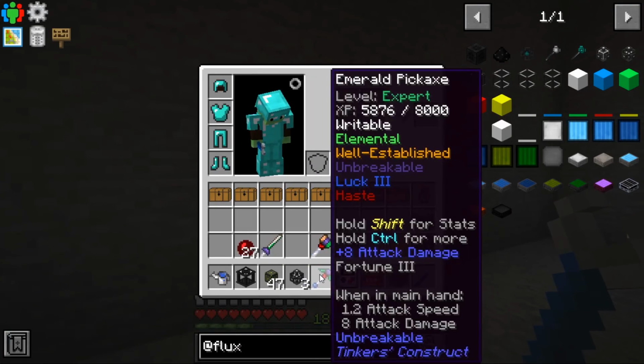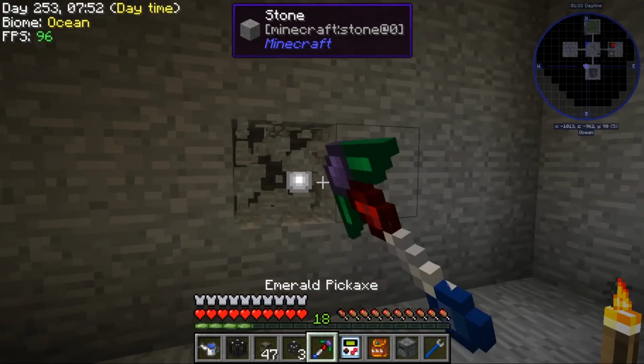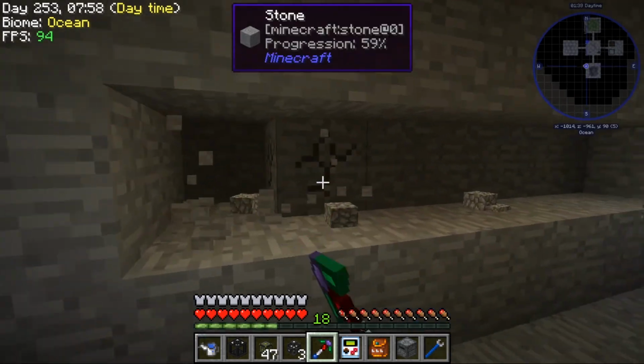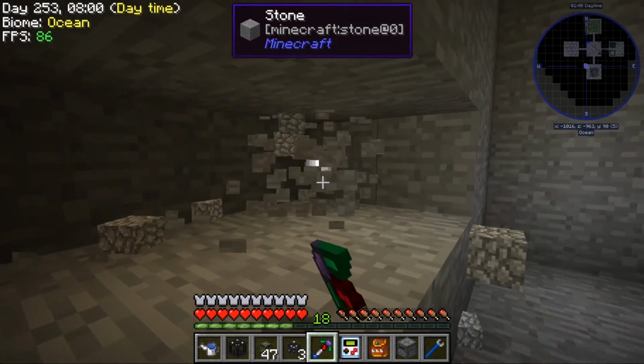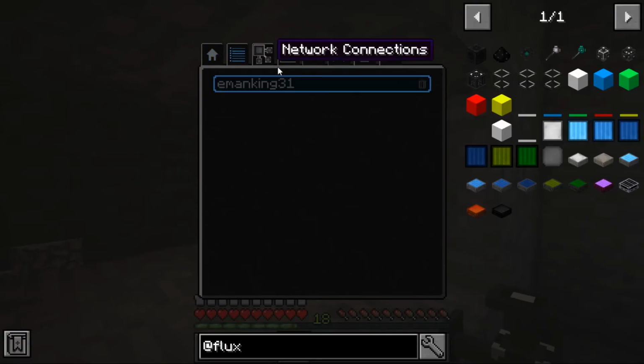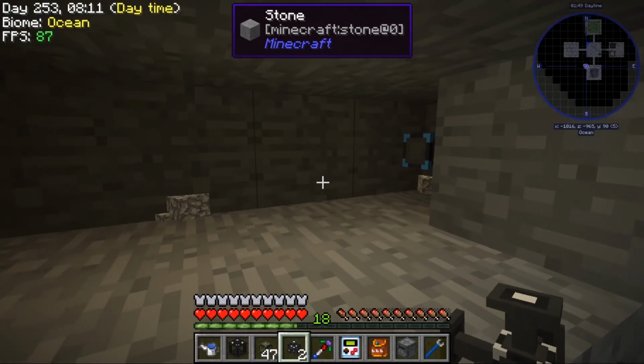Oh, and also, I don't know if I mentioned, but I upgraded all my tools with a bunch of new parts. So now they move much faster. So this is going to be my Ender IO wall. Select a network. Okay, so...